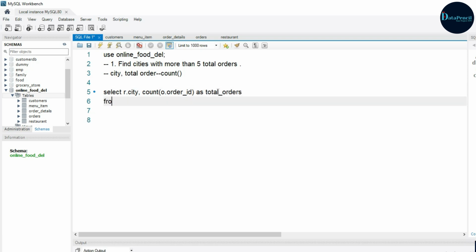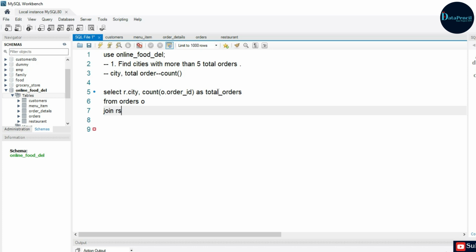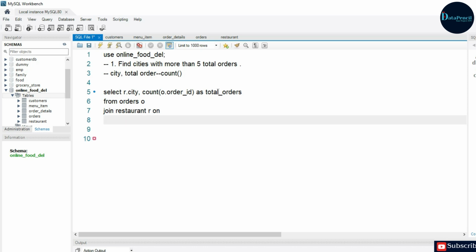The second thing is the FROM. In FROM, we have to mention the name of the table. So it is the orders table, define it with o, and join it with the restaurants table. On what basis can we join the restaurants table and the orders table?